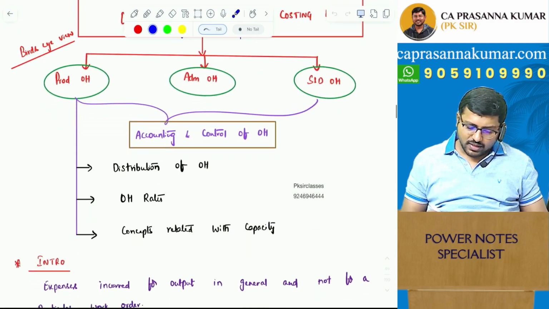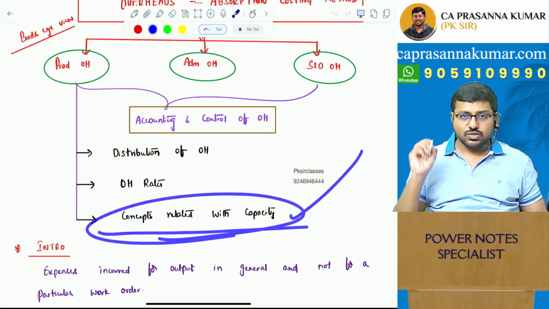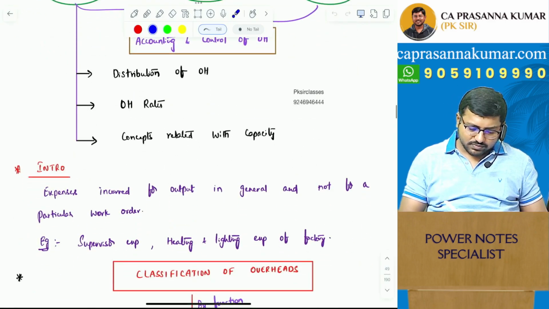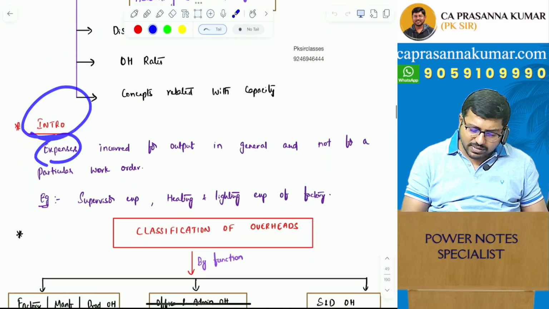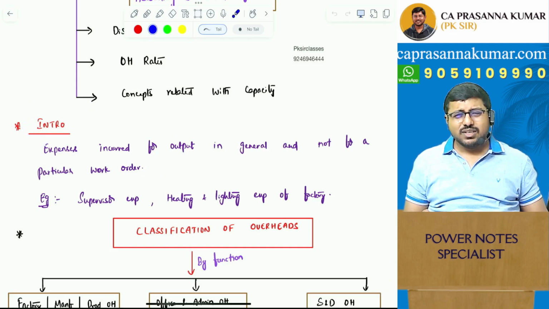Okay, right. Then we will see distribution of overheads in this chapter. Then we will see overhead rate calculation, and finally concepts related with capacity also we'll see. That is also important. एक दो मोटा मोटा sum है, right? Moving on. Introduction. Expenses incurred for output in general and not for a particular work order are nothing but overheads